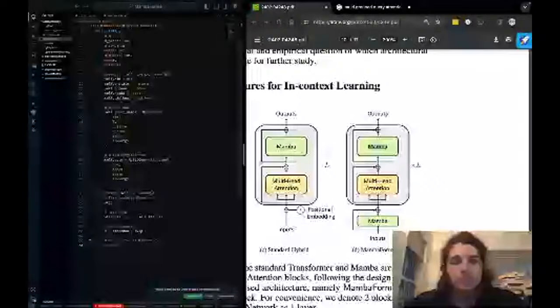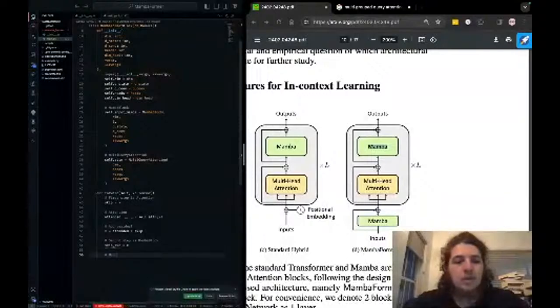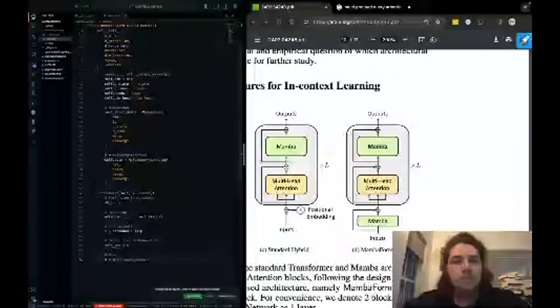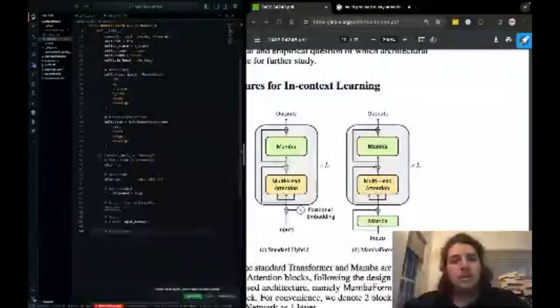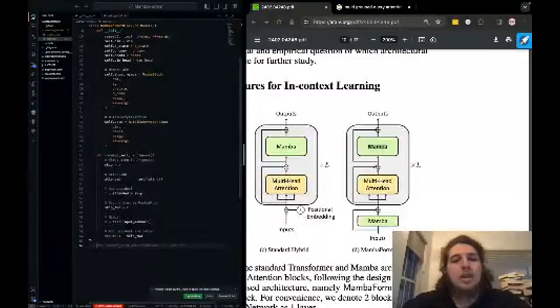Now we're gonna create a script too. And then we're gonna add residual and return. So return x plus the residual. And that's pretty much it.